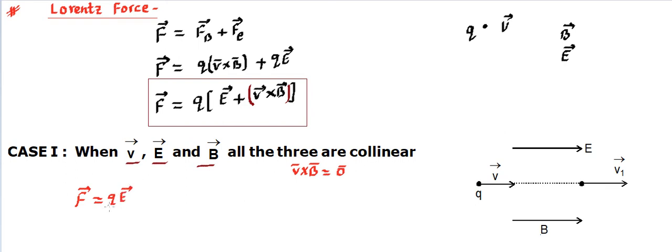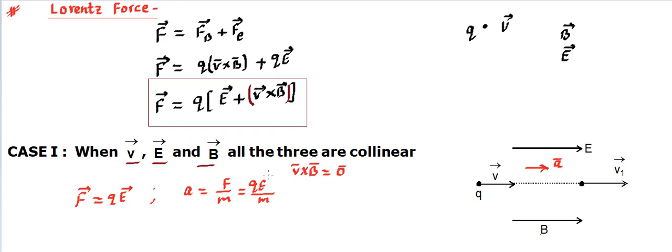And we know this force is going to be in the direction of the field, and the field direction is forward, so it will have a forward force. Hence you will get a forward acceleration, and we can find what this acceleration is going to be. This acceleration is F by M, which is simply QE divided by M, in the direction of velocity, if they are in the same direction.